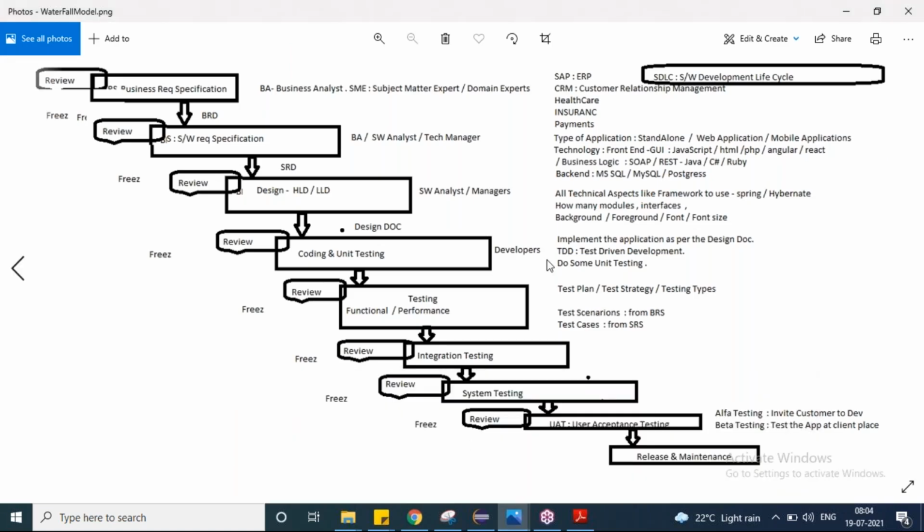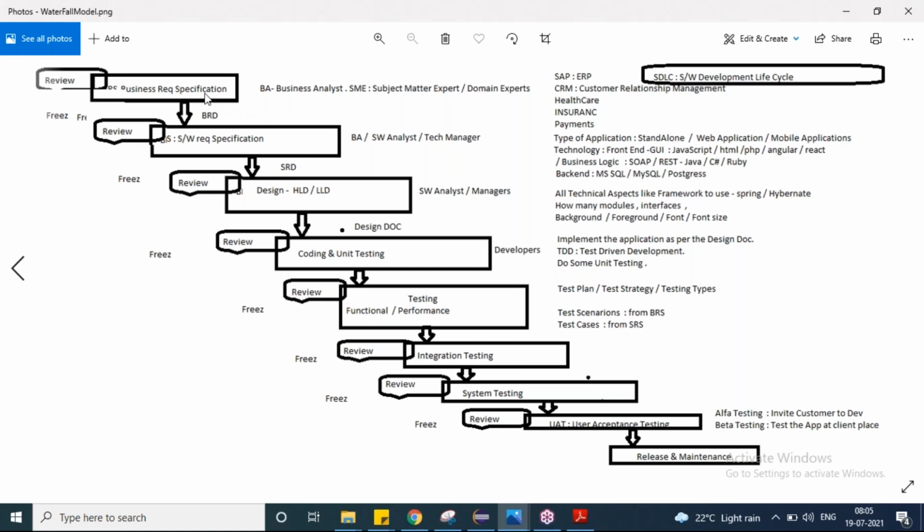right? Every team will have their own life cycle. First of all, let us talk about the software development life cycle. Within this development life cycle, there will be another cycle called STLC, software testing life cycle, where the QA team will follow the process. At the moment, we are talking about the development life cycle. Once we are done with it, we'll move on to the testing life cycle.